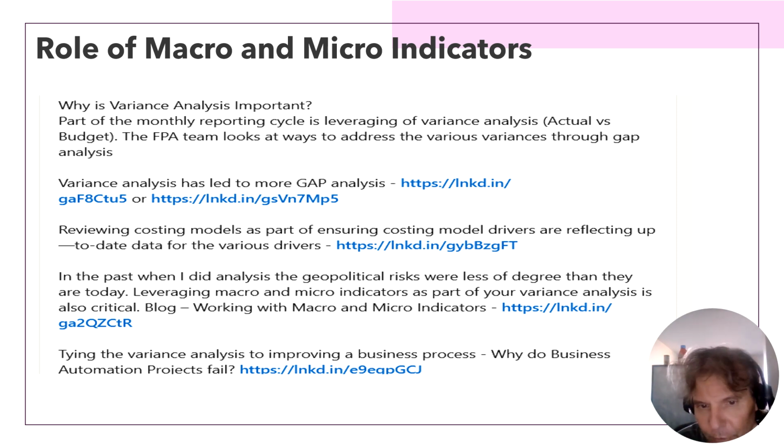Can't have a discussion without talking about macro micro indicators because everybody does variance analysis. That's basically between your static or your actual and your last forecast. You're kind of looking at the gap. However, you should also be looking at external metrics, and these could be publicly traded data, data from government sites, GDP stats, or automotive sales, just to give you an idea what's going on in the trend.